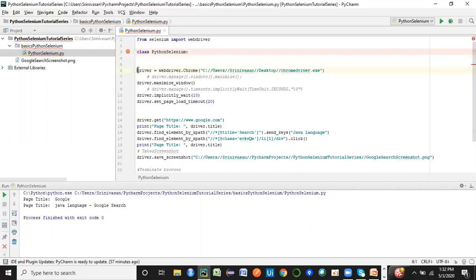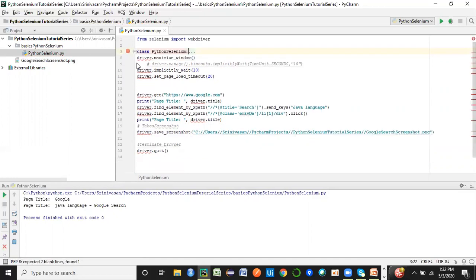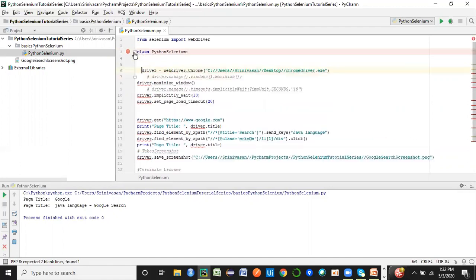If you want this particular statement to be a part of your class, then it is expecting indentation. When I give a couple of spaces here and now try to minimize it, see, the driver variable is now included as part of this class. That is how the scope of a particular class or method is decided in Python, with indentation. In Python, we don't have curly braces; we use the concept of indentation.